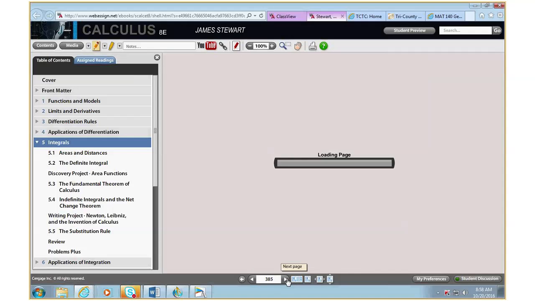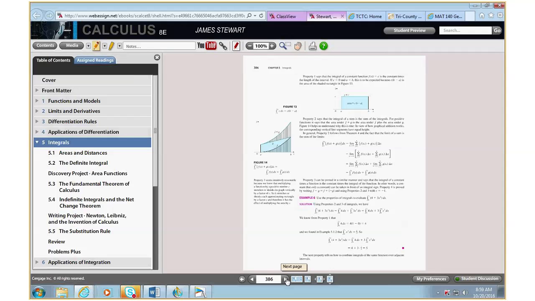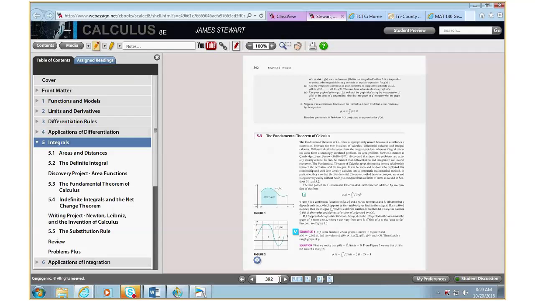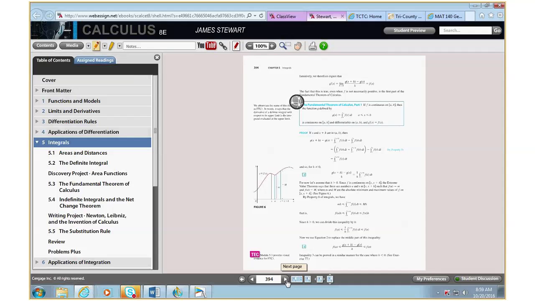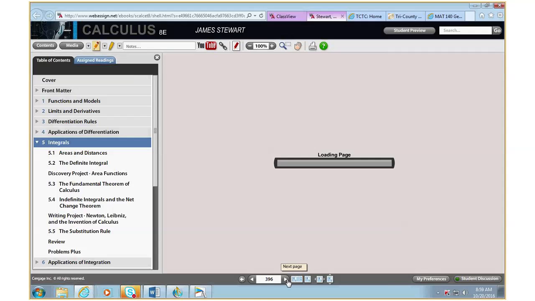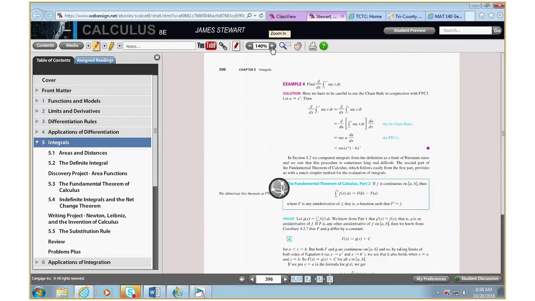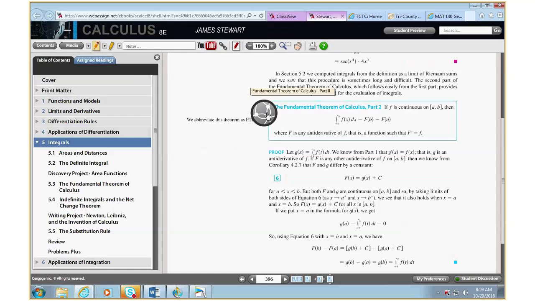No, we're still doing rhyming. I think this is called the fundamental rule of calculus. I believe that's what it is. I'll pull that up. I don't know what the heck that is. But anyway,